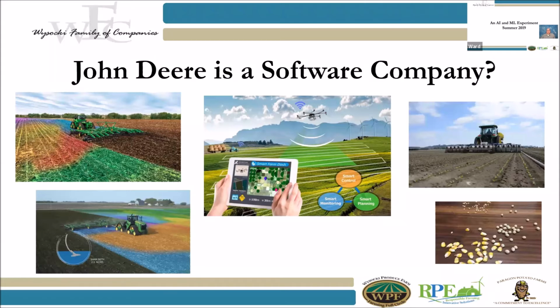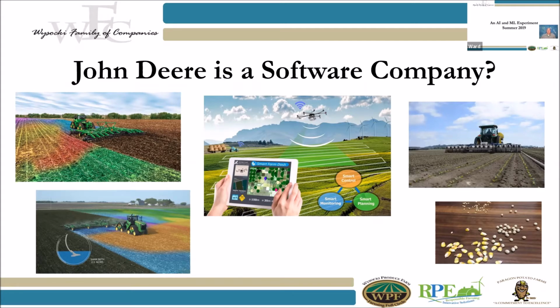Well, I'll call your attention on this particular slide to the top right photo. One of the things John Deere has done, in addition to the different precision ag things they've done and all the stuff that really is a big deal, they're now piloting a program where on the big ag sprayers, they will put a camera on the forward side of it, and that camera will process the image that the sprayer is about to go over, and in less than a second will decide if it's a weed or not, and if it's a weed, it'll spray it as it goes by it. This kind of targeted spraying allows them to eliminate broadcast spraying, drive down costs, and all kinds of wonderful, wonderful things that they like to say.